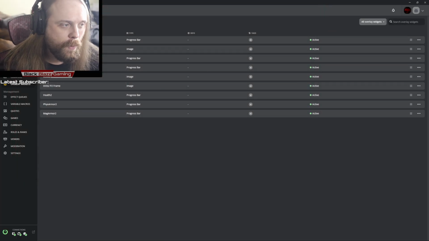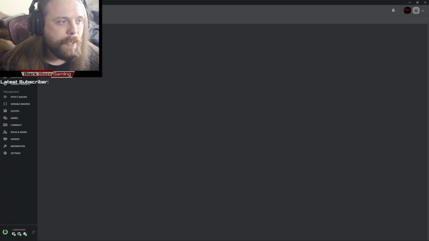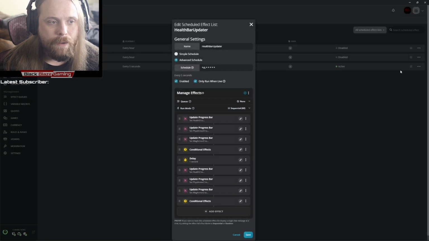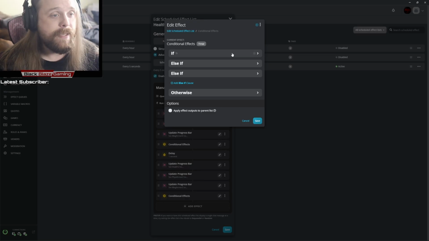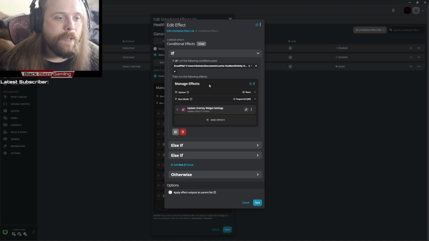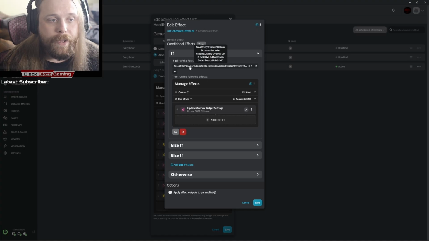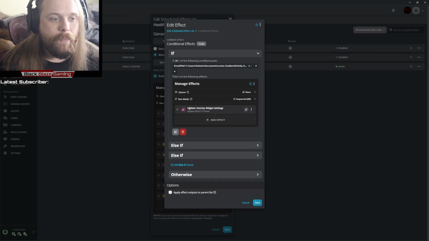And then of course the source points are also kind of like that, but they're a little bit more complicated because of how source points work is so different. So what these do is I have conditional effects that use an if, else if, otherwise statement, or else statement. And so what it does is it reads the value of the source point file that I've created using the mod, and it compares it to an existing number. If it is 1, for example, it will update the overlay frame that I'm using to the 1 source point frame that I've pre-rendered, which is